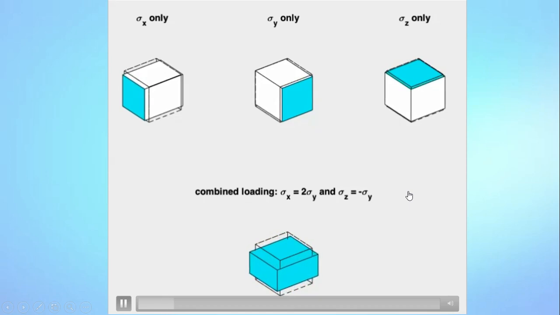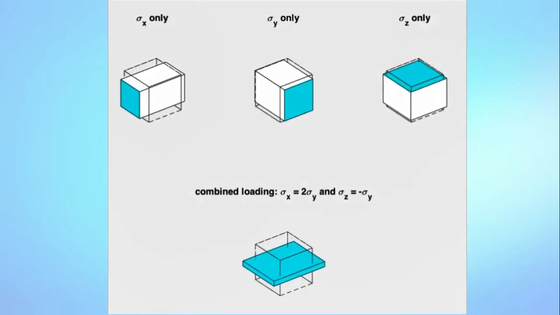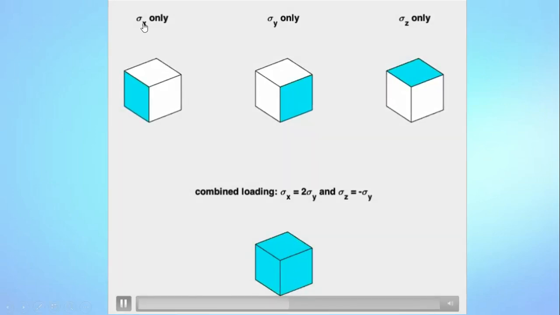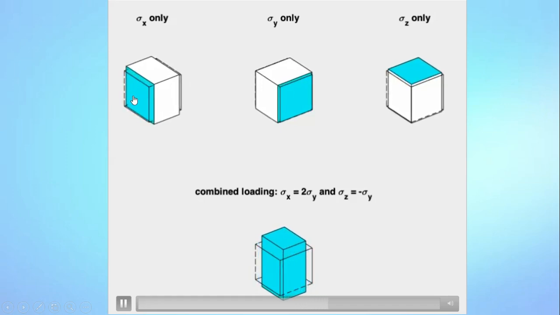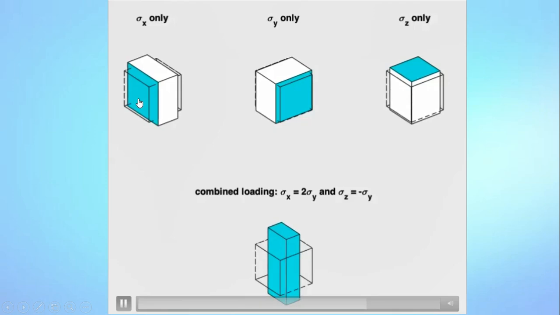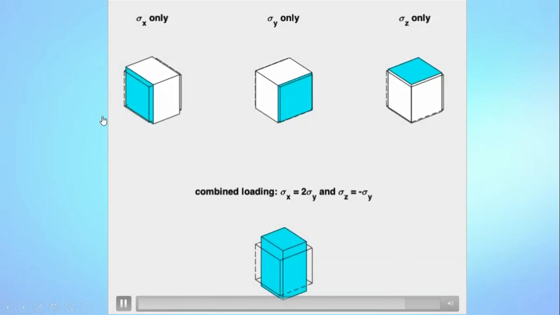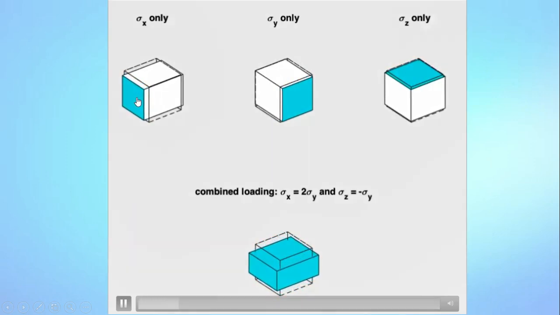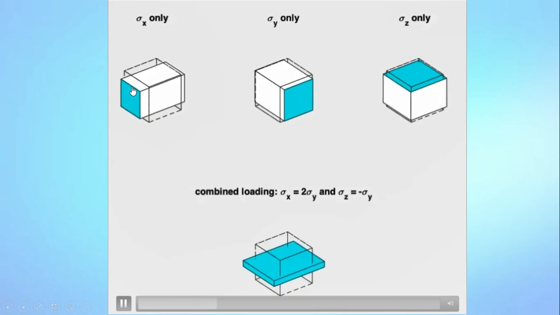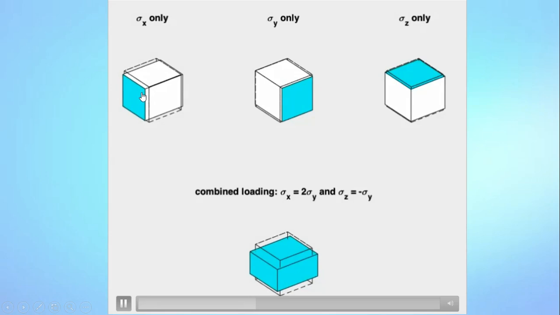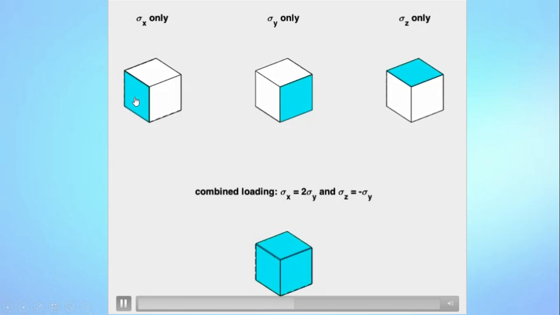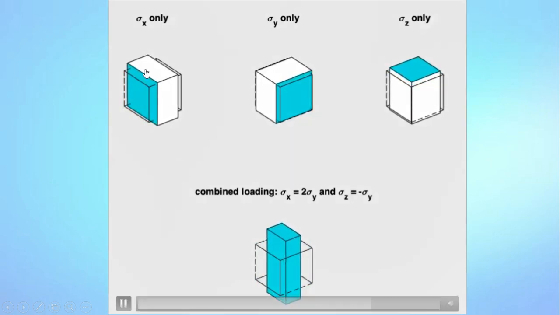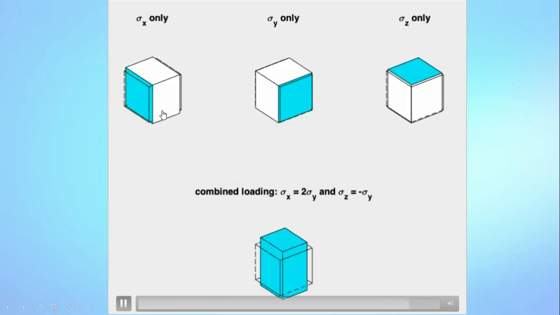In this slide, you can see the behavior of material under load. Suppose we have applied force along only the x direction. If we apply tensile force, then the length along the x axis will increase, and if we apply compressive load along the x direction, then the length along the x direction will decrease, and the other two dimensions also change depending upon tensile or compressive load. If length along the x direction increases, then the other two dimensions will decrease, and vice versa.